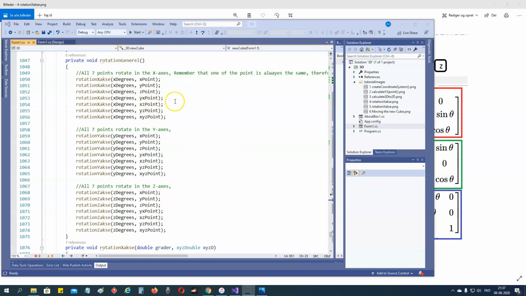So every time we rotate all points. 1, 2, 3, 4, 5, 6, 7 points. Why are there not 8 points? That's because we have 1 point that's always at the same place. It's not rotating, it's just fixed. But all the other 7 points have to rotate around. Okay? So we have to rotate all 7 points around the x-axis and all the 7 points on the y-axis and